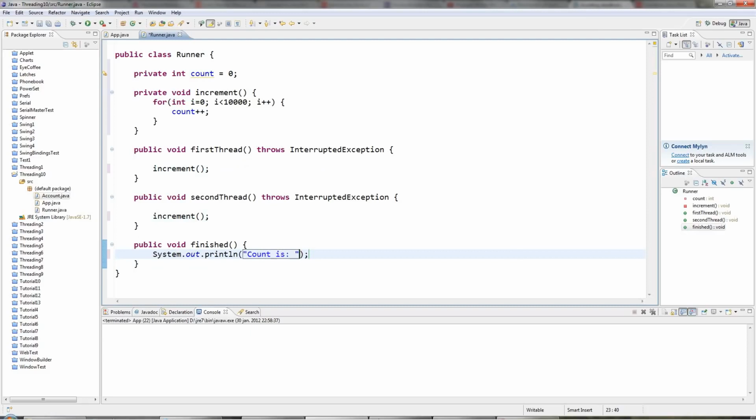count is, and as you know by now, I would need luck for this to equal 20,000. Even though both threads are incrementing count, the only way this will be equal to 20,000 is if one thread manages to finish before the other. It sometimes does, and otherwise they'll screw each other's efforts up, for reasons that we've seen in previous tutorials. Now I could deal with that using a synchronized block, but I'm going to use something called